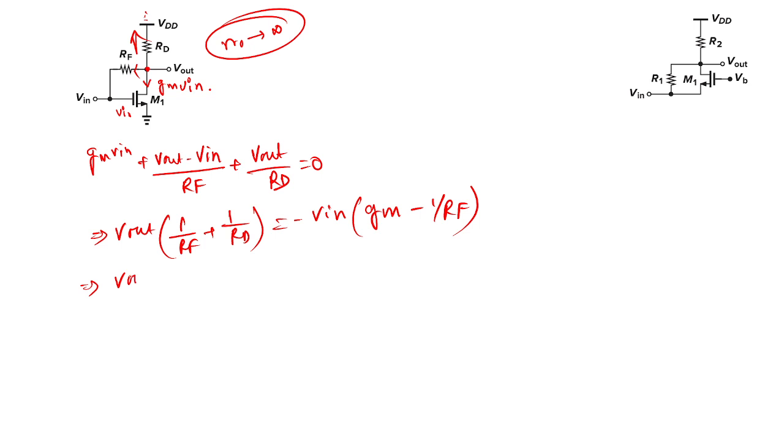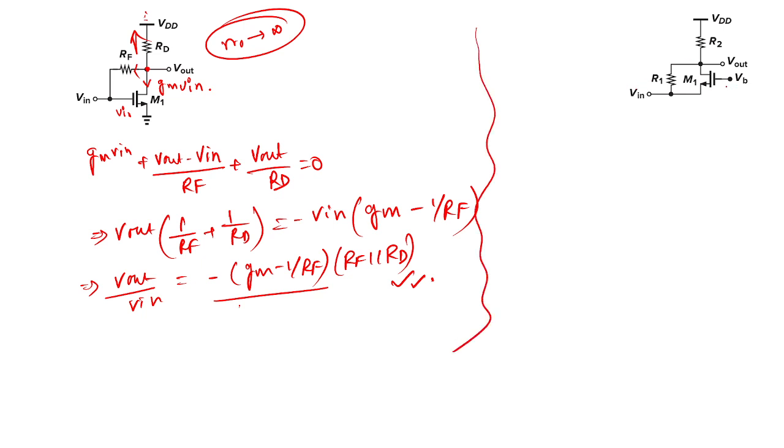so Vout by Vin becomes minus GM minus 1 by RF, into RF parallel RD. So this is the answer. Now you can solve